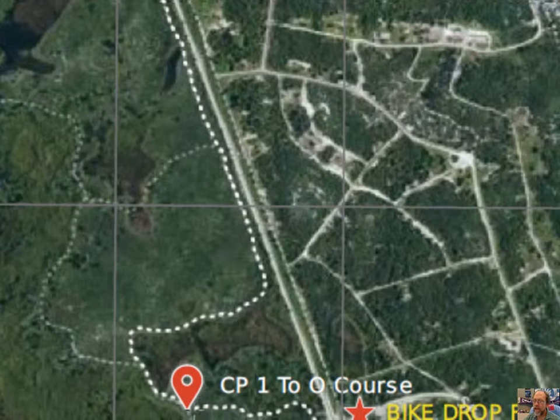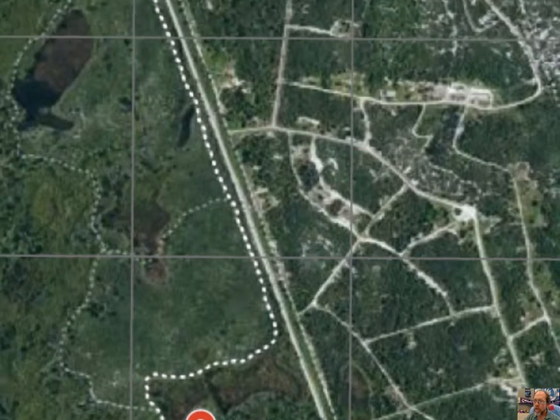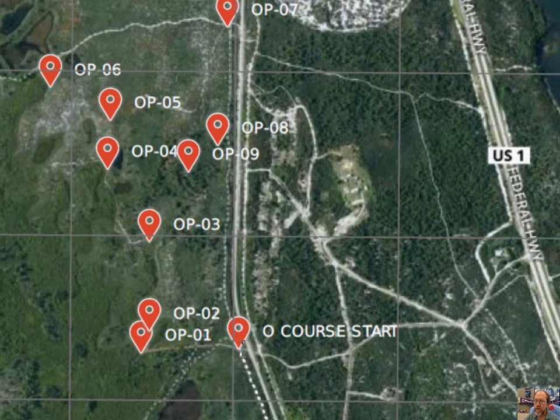The orienteering course requires them to enter the Florida Trail section and locate the checkpoint for the O course, which has the control descriptions of all the controls within the course. They would have to write down the control descriptions somewhere within their instructions and then proceed on to the start of the O course, which they must recognize from the trail intersection of the Florida Trail and a